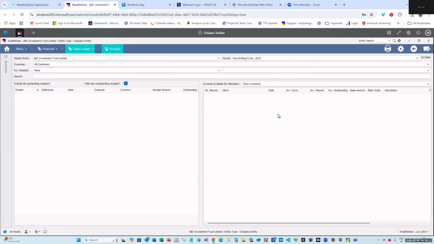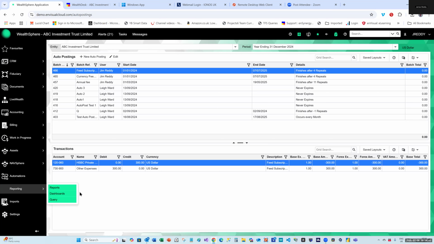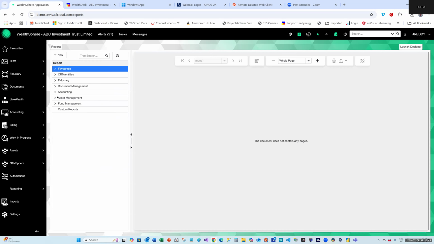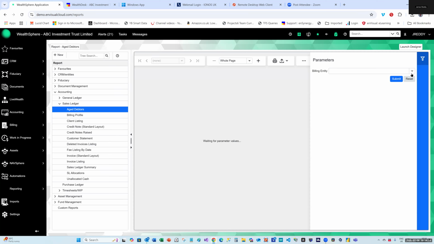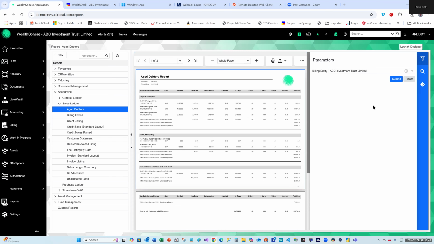Have you got any aged analysis, any aged debtors reports you can run, Jim? Let's have a look. Let's go into reporting. Do you have any questions while we're doing this on billing? Because it's a big area. Yeah, you've got aged debtors. Right, there's a sample of your aged debtors